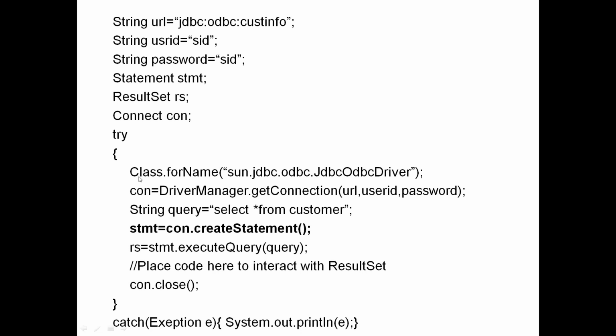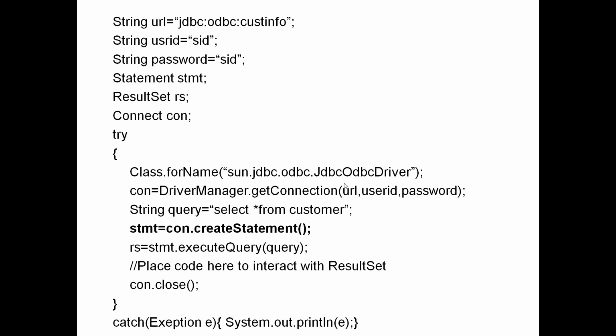As we know, there are 5 important steps to connect to the backend database. The first is importing. In this example program we will consider that we have imported the java.sql package. Then the next is loading the driver. If you look at the try statement, the first statement inside it is Class.forName with sun.jdbc.odbc.JdbcOdbcDriver. So we are loading the type 1 driver here.